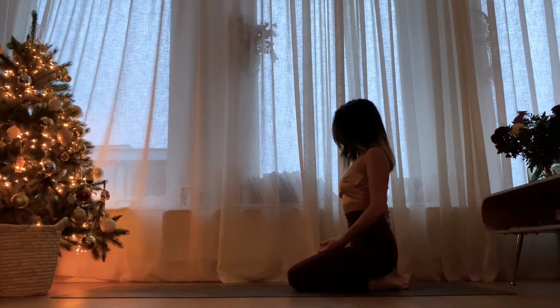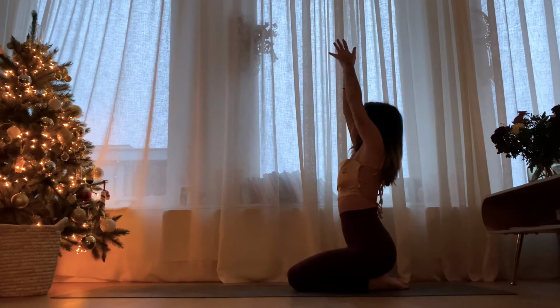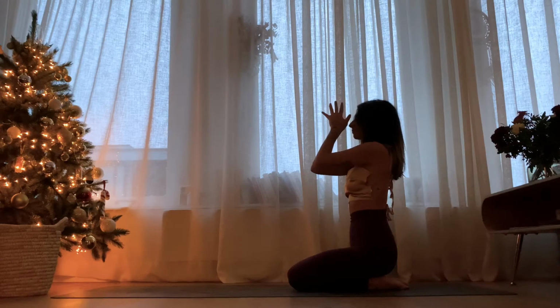Welcome to your practice. You can start in a seated position on your knees and heels with your palms facing up towards the sky. Take a deep breath in to elongate through the spine and raise your arms up and overhead, connecting the palms of your hands. Exhale to bring your palms down in front of your heart space in a prayer position